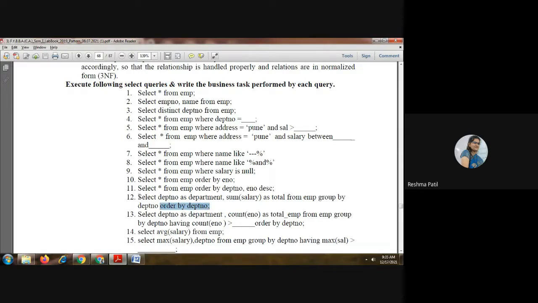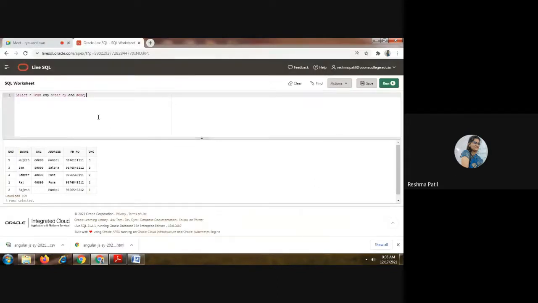So we will execute this query. Select department number as a department, sum of salary as a total from EMP group by department number order by department number.